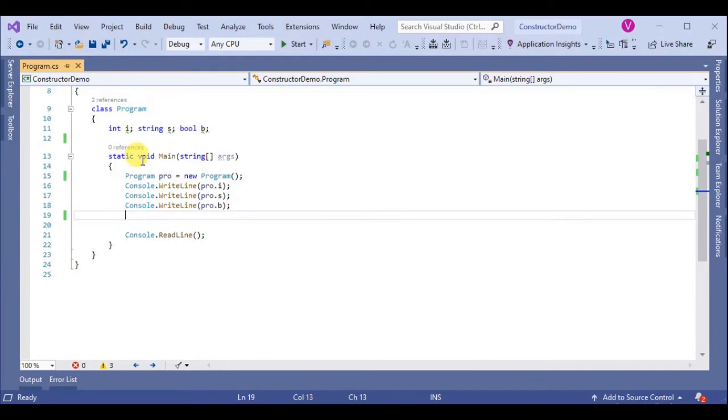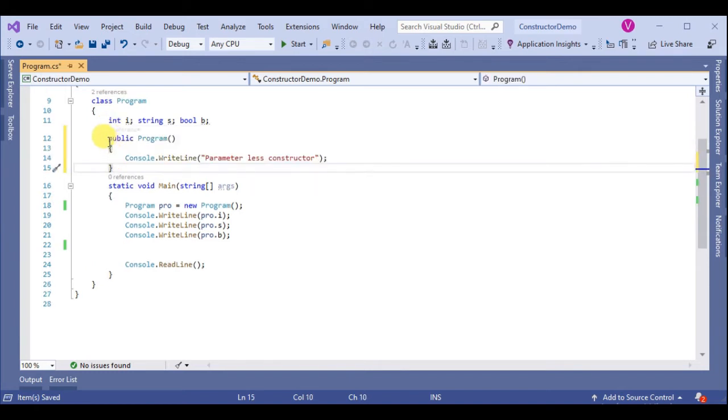So now we create a parameterless constructor. So this is parameterless, or explicitly defined by the programmer.